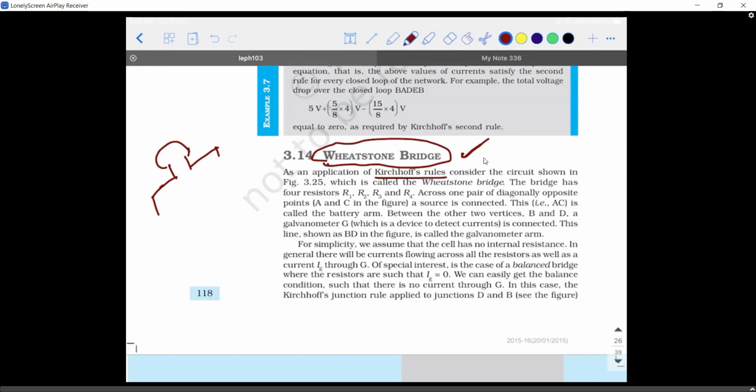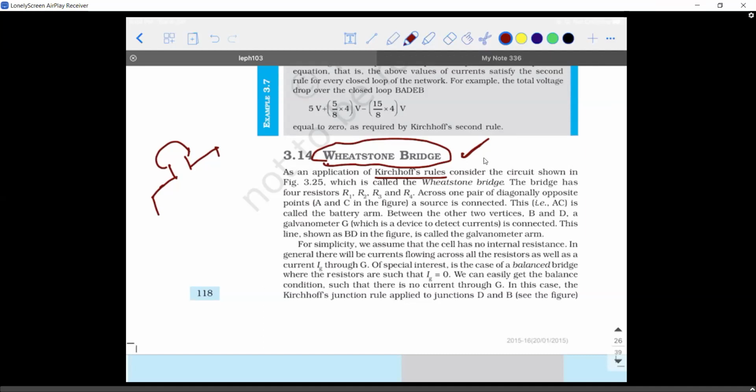Suppose I gave you 4 resistors, okay, out of which you know the value of 3 resistances from the manufacturer himself. So the manufacturer will give you some specifications, right? He will say that is a 5 ohm resistor, 2 ohm resistor, something like that. You already know the specification, let's assume. Then using these 3 resistors, how are you going to find the resistance of the 4th one?